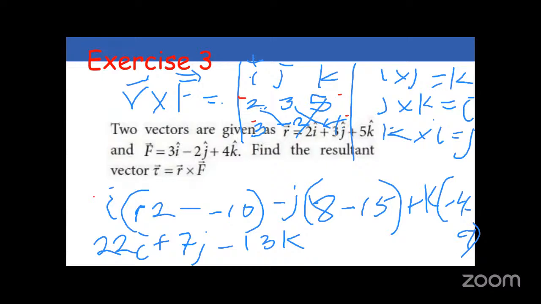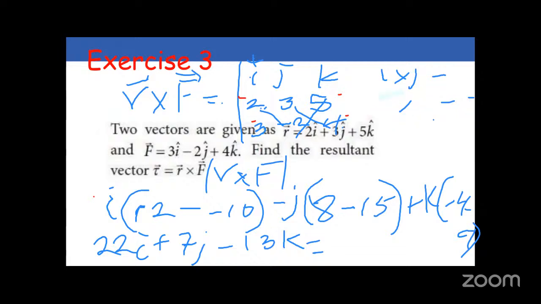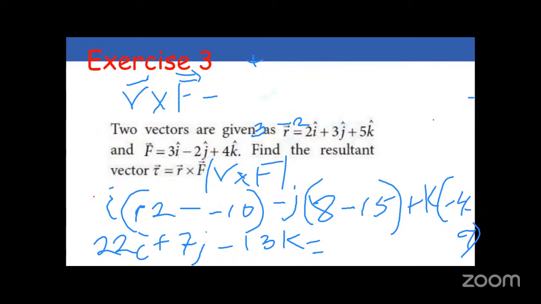So if you're asked to find the magnitude, this will be the magnitude of R cross F. This is how to write it. And that will be the square root of